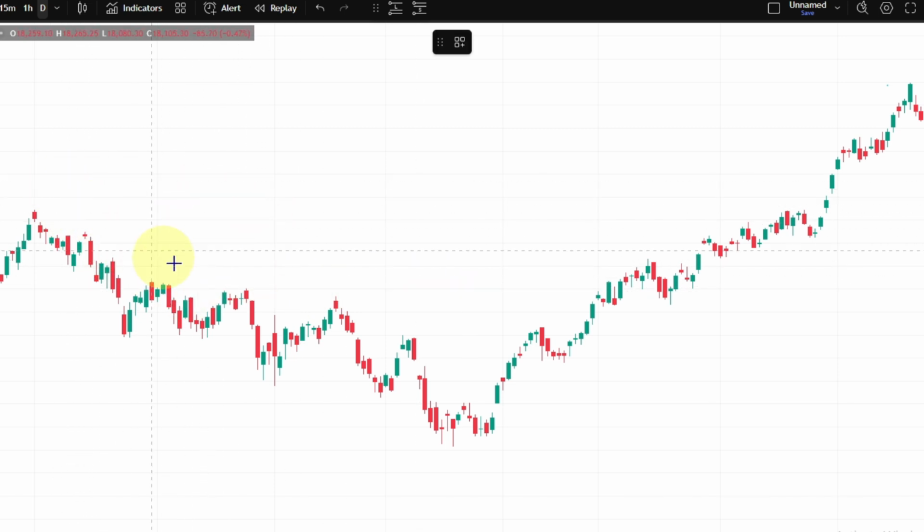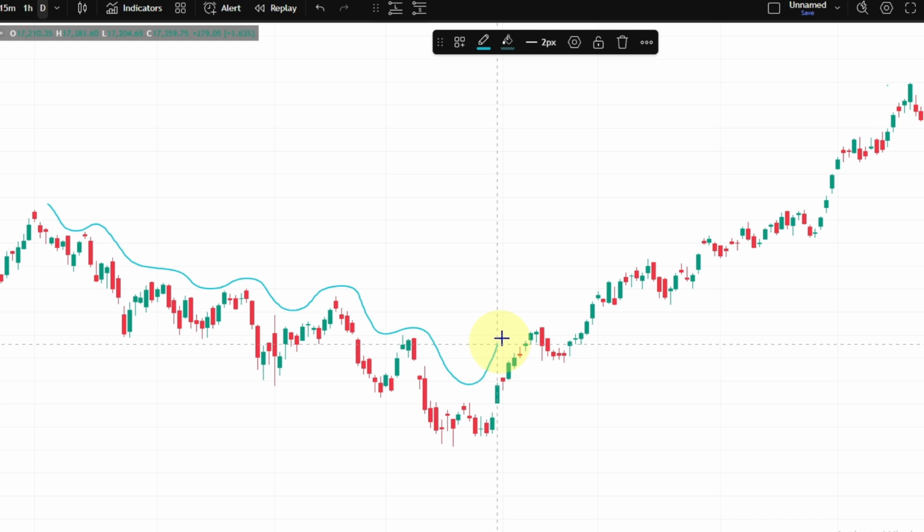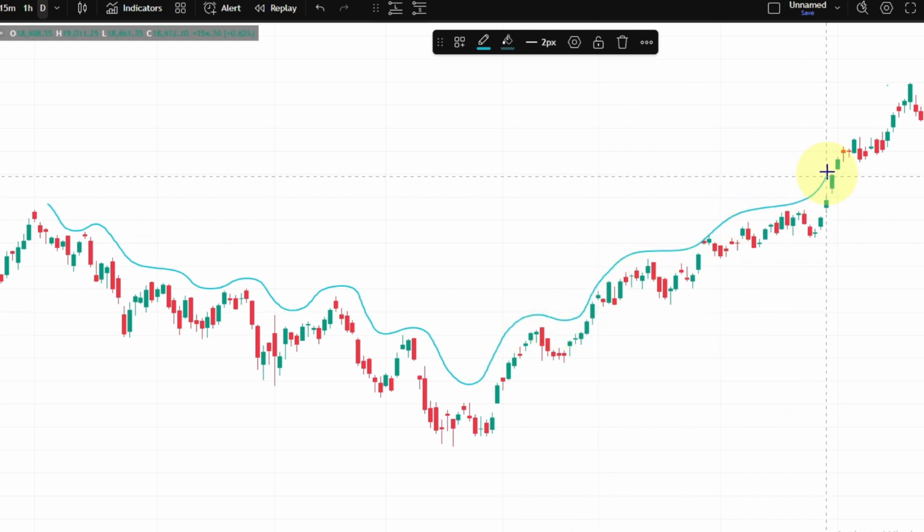See, when the market moves in a downtrend, we are going to see this kind of pattern. See how the market is moving in a wave format, and when the market is going up, it also moves in a wave format. When the market is in a downtrend, you are going to notice lower lows are forming, and along with this you can see lower highs are forming.